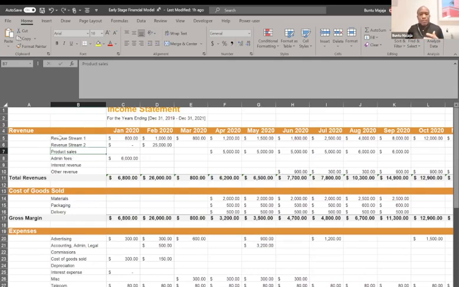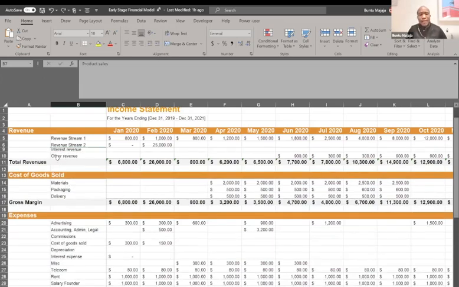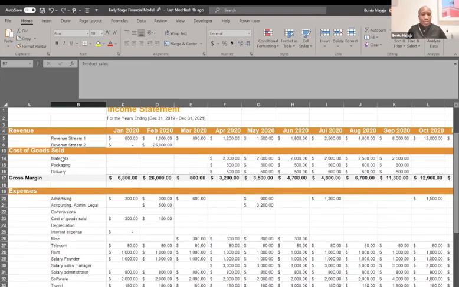So you've got, for example, here some revenue stream one, some product sales, maybe you've got admin fees. Depending on how you do your pricing and your business model, that will determine what line items you put here in your revenue. And then another piece here, particularly for product businesses, is cost of goods.